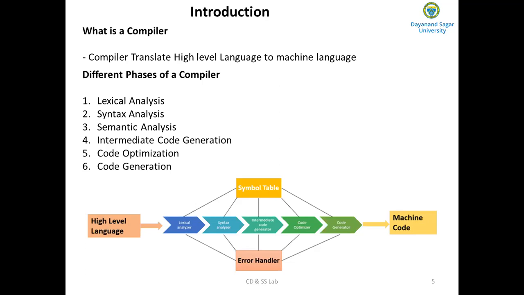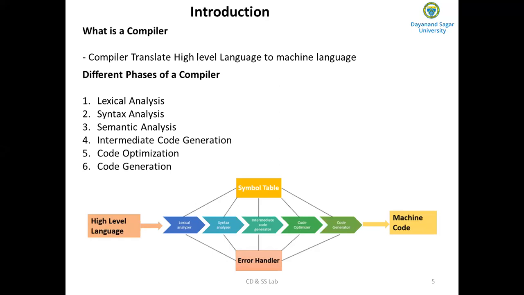Then how do you implement this lexical analysis phase? Writing a compiler is difficult. It is a complex task and requires a lot of time and effort. The construction of the scanner and parser is routine enough that the process may be automated. The scanner is the lexical analysis phase, and the parser is the syntax analysis phase of a compiler. So these two phases may be automated. The question is how? Using tools like Lex and YACC.